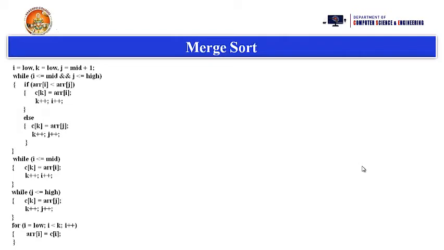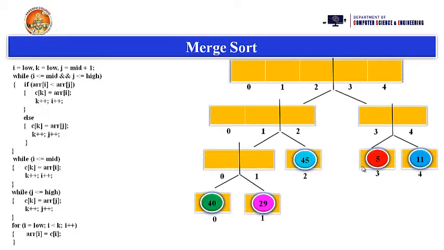Now we need to sort these subarrays using this particular function. Now how to sort the elements? Suppose this is the case, the array is divided into a number of subproblems like this. Now we need to sort the elements using this particular function.